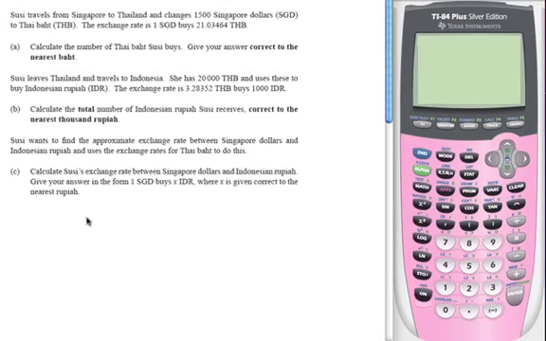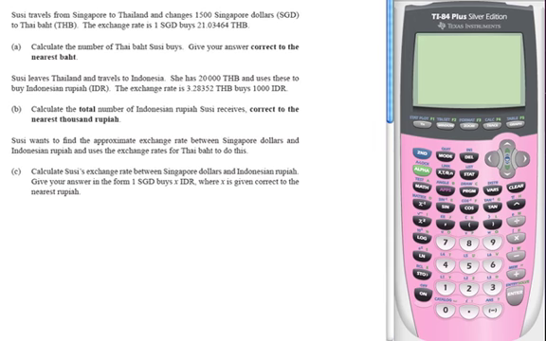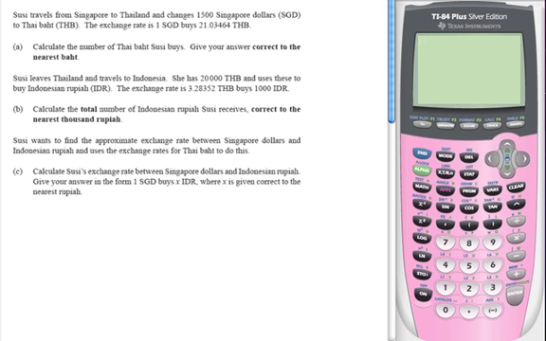Okay, so here we've got a currency conversion question. Susie travels from Singapore to Thailand and changes 1,500 Singapore dollars to Thai baht. The exchange rate is 1 Singapore dollar buys 21.034. Let's just write that down. So we've got, let's get a pen. Oops, and put that back there. There we are. Okay, so 1